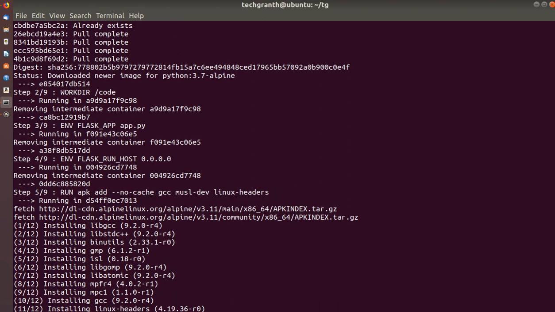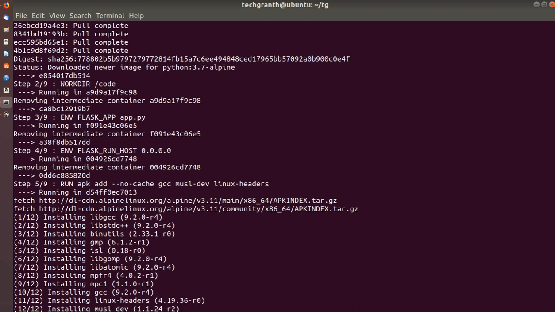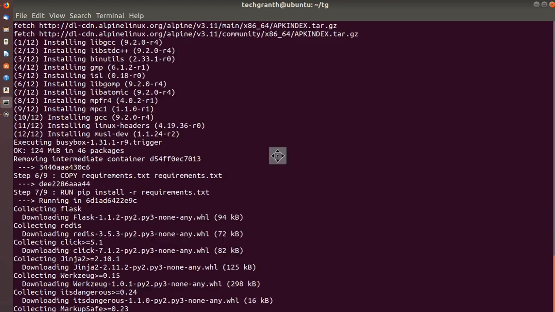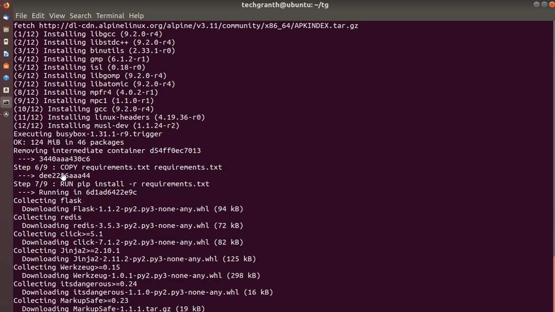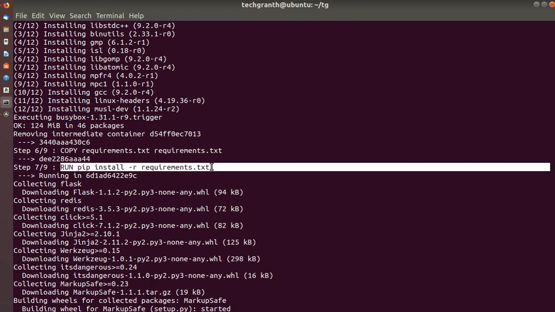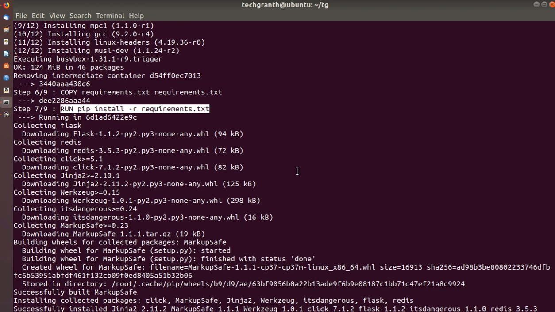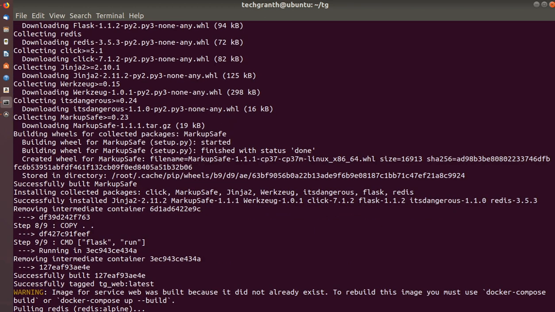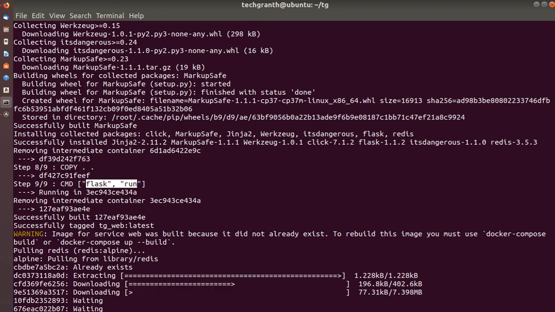Let's wait for it to finish; it will take some time, so we will skip ahead to reduce video time. Now it is installing the requirements.txt packages, which are Flask and Redis, and then finally it will run the default Flask run command.